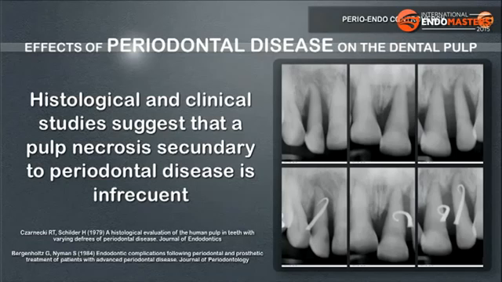pulp to survive. Sarnecki and Schindler performed a histological study of intact, caries-free teeth and compared the pulps of teeth which were periodontally within normal limits and teeth which had periodontal disease. The pulps in the intact, caries-free periodontitis group were all within normal limits regardless of the severity of the